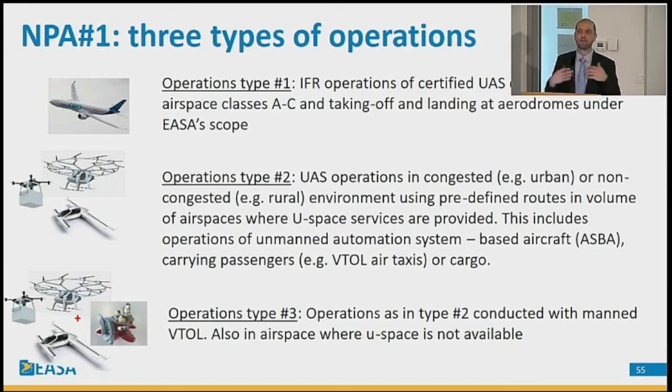Now, also here we have a very large number of operations that may be done with the certified category. So at this moment, we decided to focus only on 3 of them. So we will develop the first NPA, notice of proposed amendment, which is the first proposal that will be open for consultation to everybody, so you can comment and provide your input. That will cover this kind of operation. First of all, operation type 1,